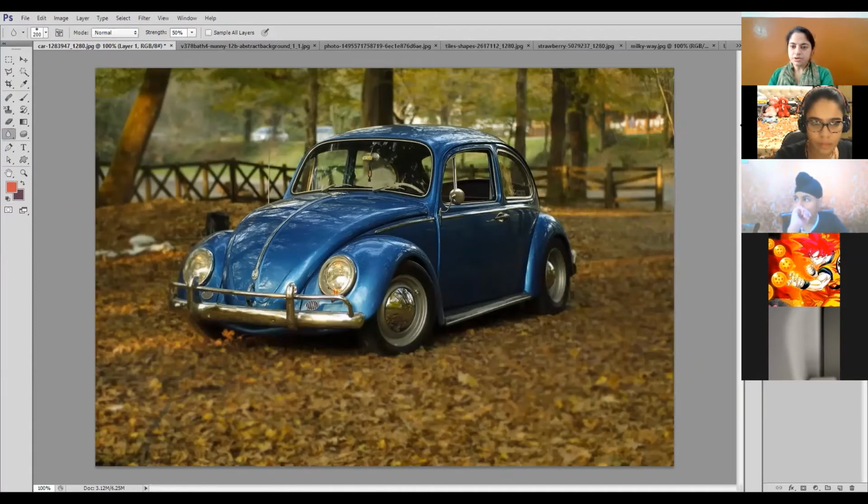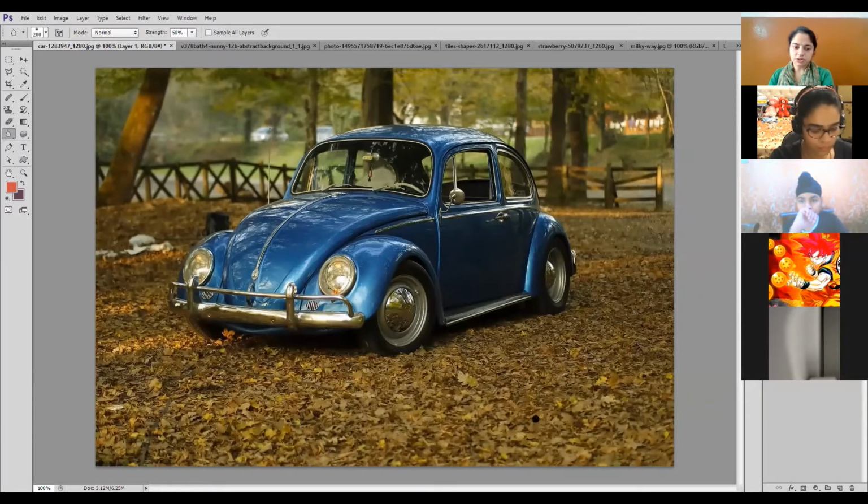Okay? Now, if you want to see what was the original image in the background, if I hide the new layer, layer 1, it will display the original image. See, I'm hiding it. Now you can see in the layer, these leaves are very sharp. I can see them.